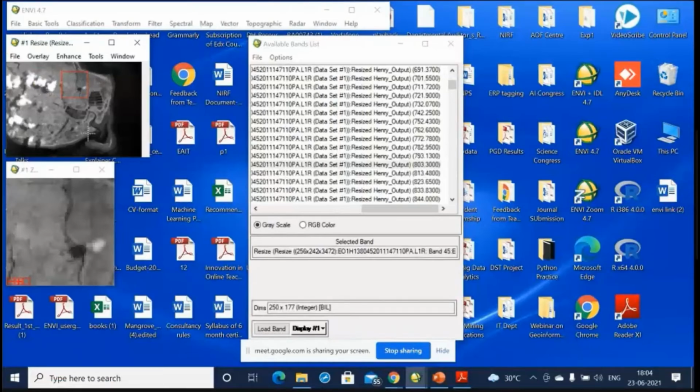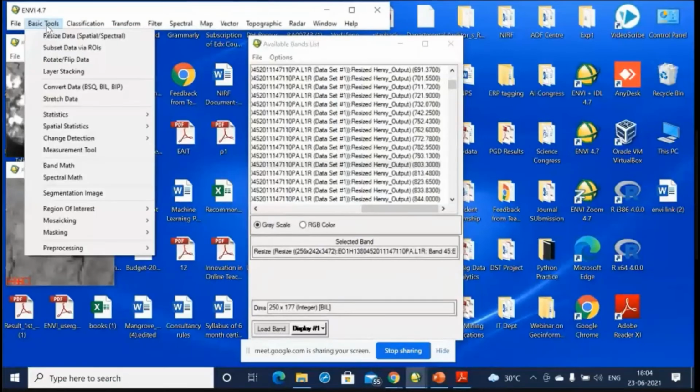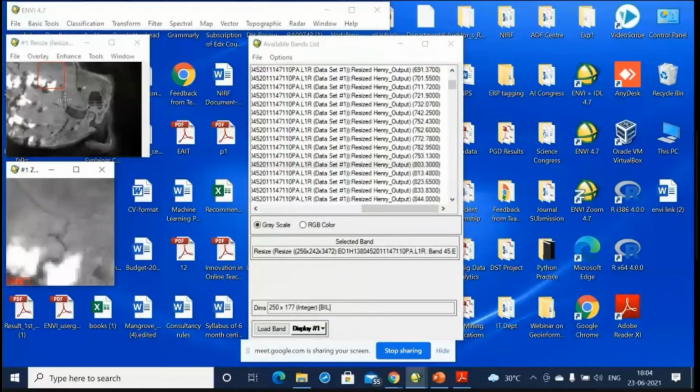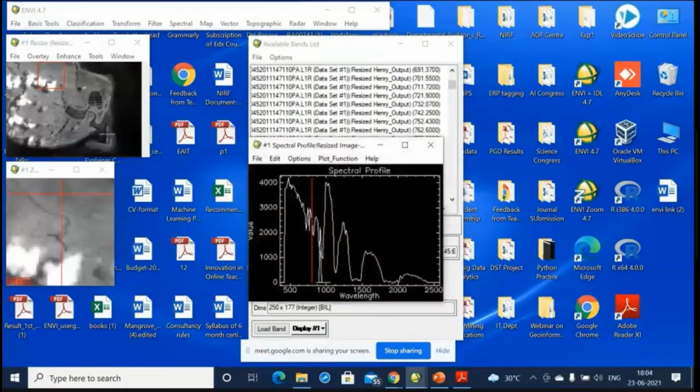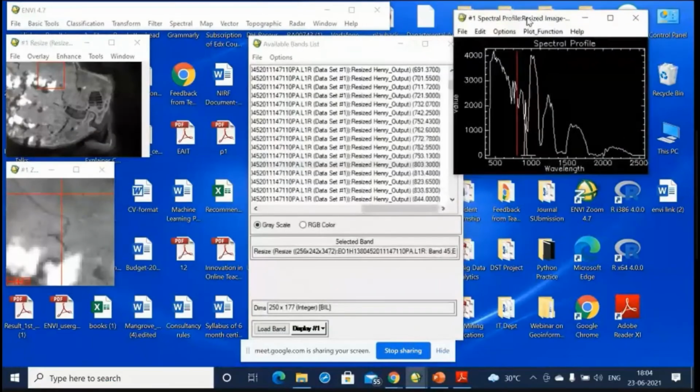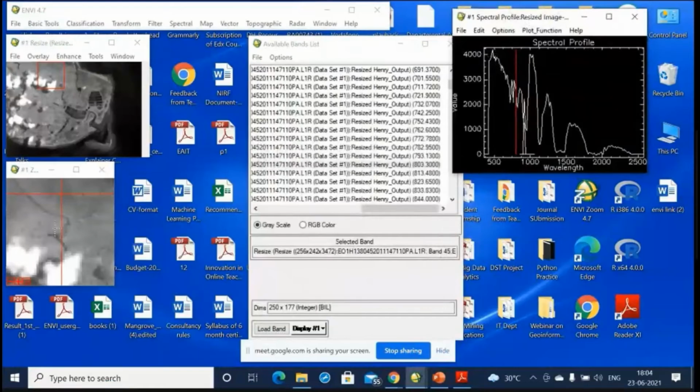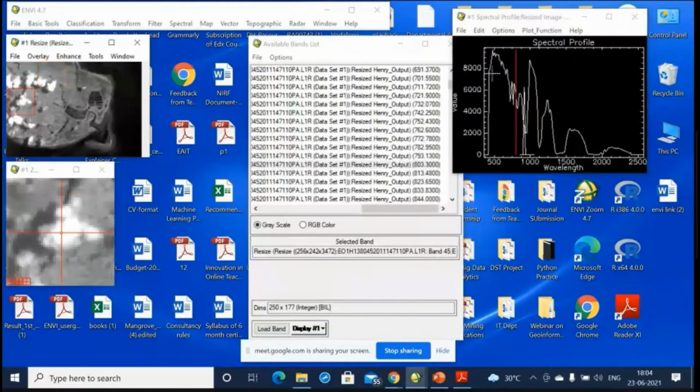So if I select a particular area and I want to plot the spectral profile of this area, how to do it? You can either select it from basic tools, or you can just right click and go to Z profile. See, here what happens, you have selected a cloud, and this is the spectral profile of a cloud.